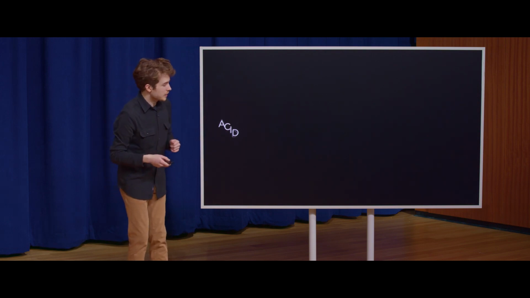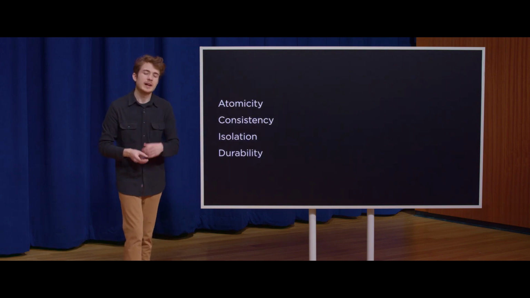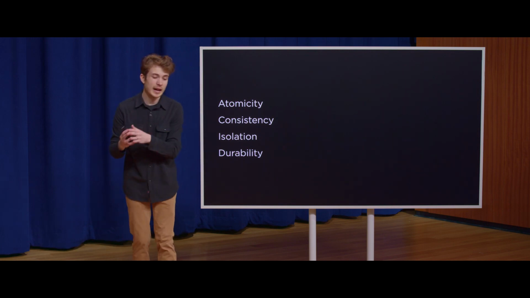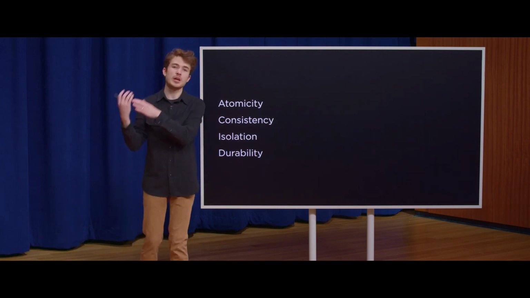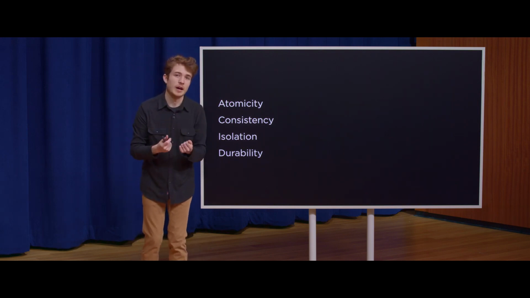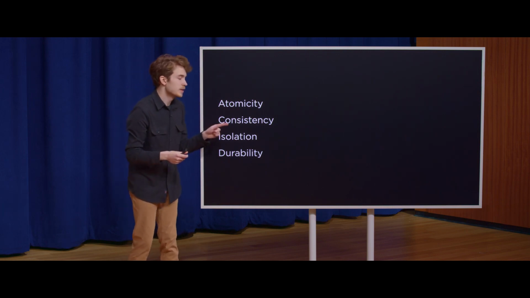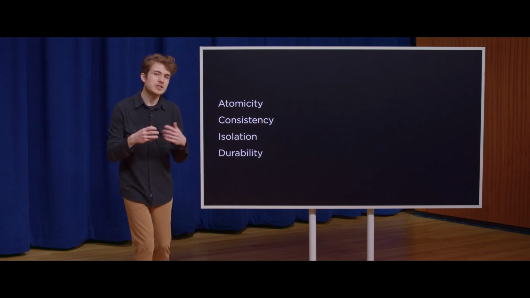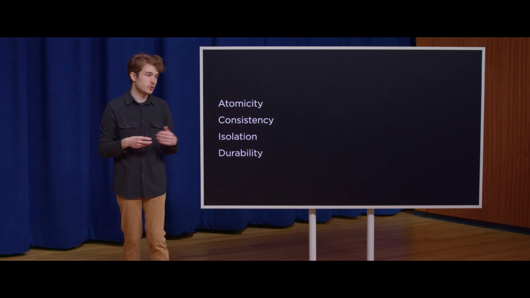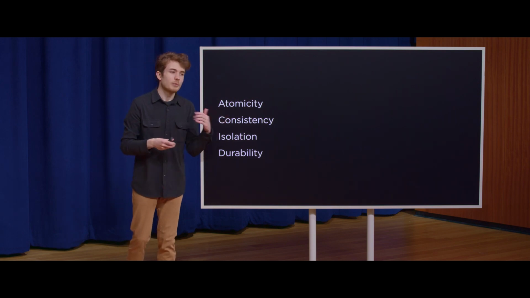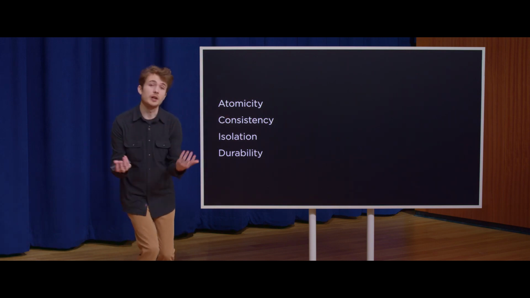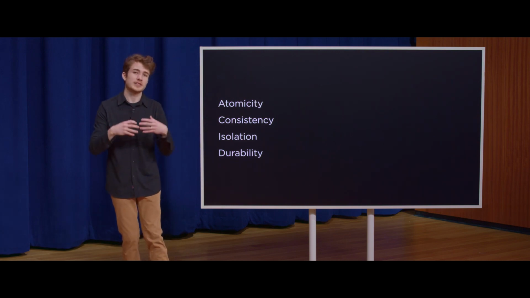In fact, A stands for atomicity, which means I can't break a transaction down into smaller pieces. I can't break a transaction between Alice and Bob into Bob's update and then Alice's update. It's just update both accounts at the same time. Consistency means a transaction can help me ensure that I don't violate some database constraint. Let's say I try to pay Bob from Alice's account, but Alice doesn't have the money. If that is the case, a transaction will revert, undo,